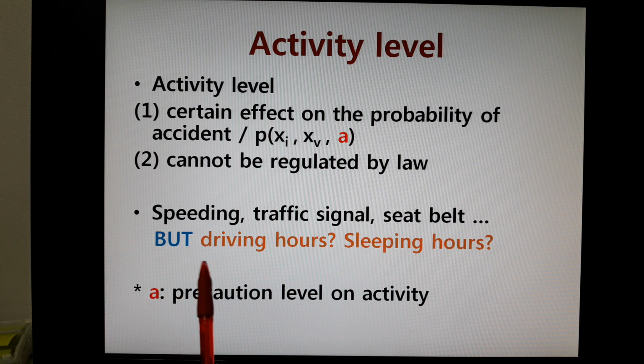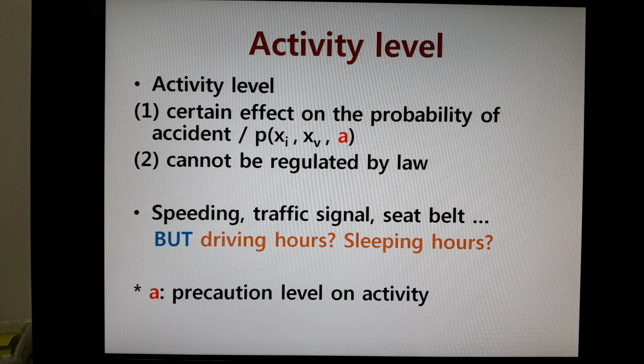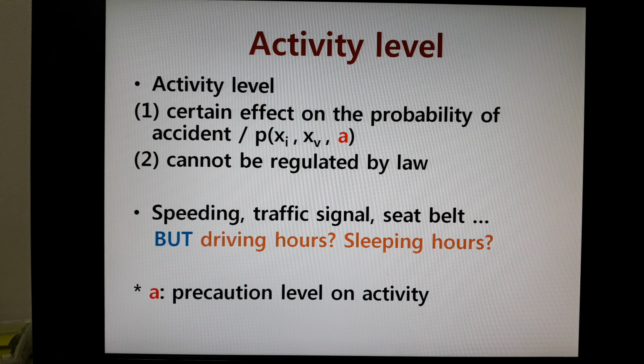That is, how many hours do you drive? How many hours did you sleep last night? Okay, you are a very good driver, and you drive like 10 hours a day, every day. Tell me, whatever driver you may be, you would end up getting an accident ultimately, because if you're a horrible driver but you never drive, no accident. So these driving hours definitely affect the